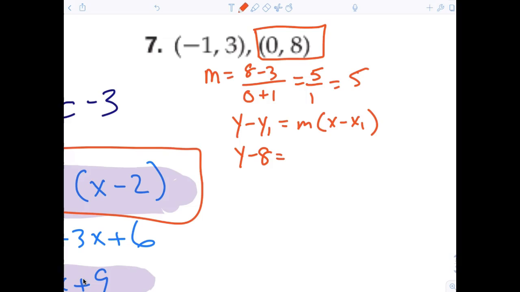Let him figure it out. Why is it 5? Right, that's what we got. That's m. Put your hand up for a second. Open parentheses, x minus, what's the x value? 0. That's a good answer. All right. The other answer could be,